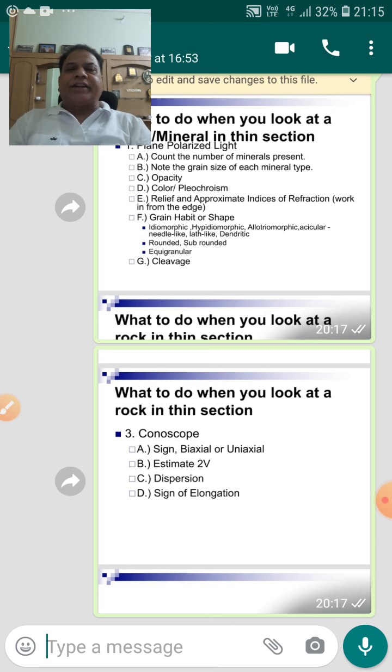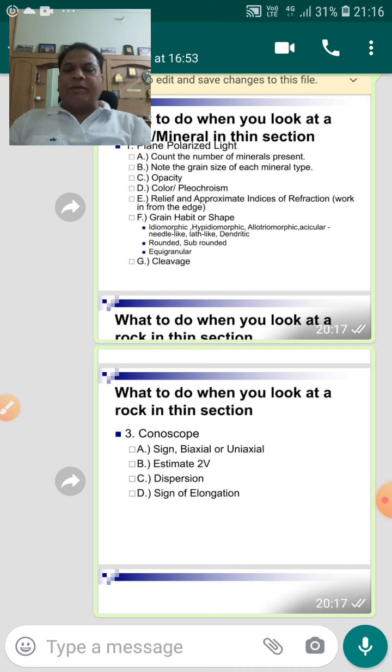Suppose a mineral is showing green color, having two sets of cleavage, and they are oblique. Naturally, the mineral is of the amphibole group. Further, to know which mineral in the amphibole group, you go for the extinction angle. Similarly, in the pyroxene group, suppose a mineral is showing some brownish color, having two sets of cleavage, and the cleavages are perpendicular. Naturally, the mineral belongs to the pyroxene group.